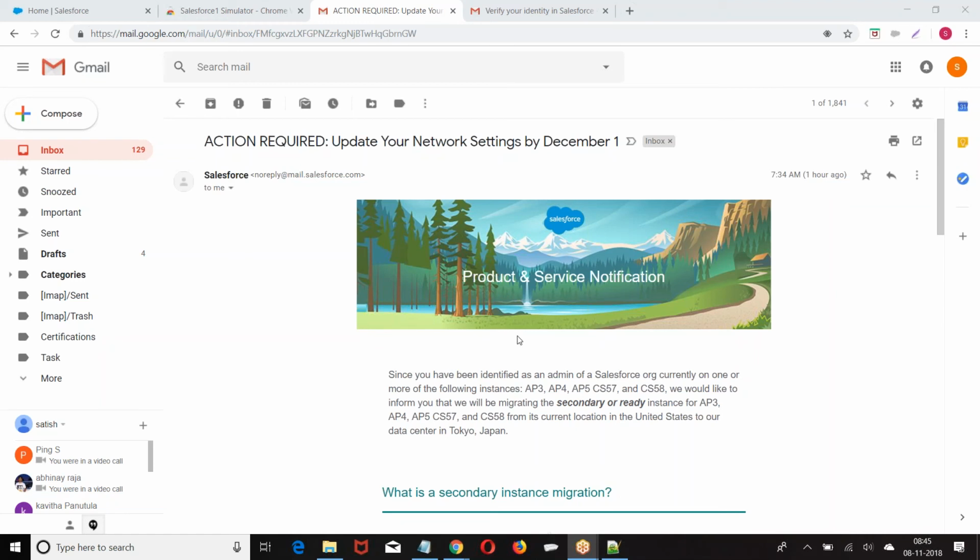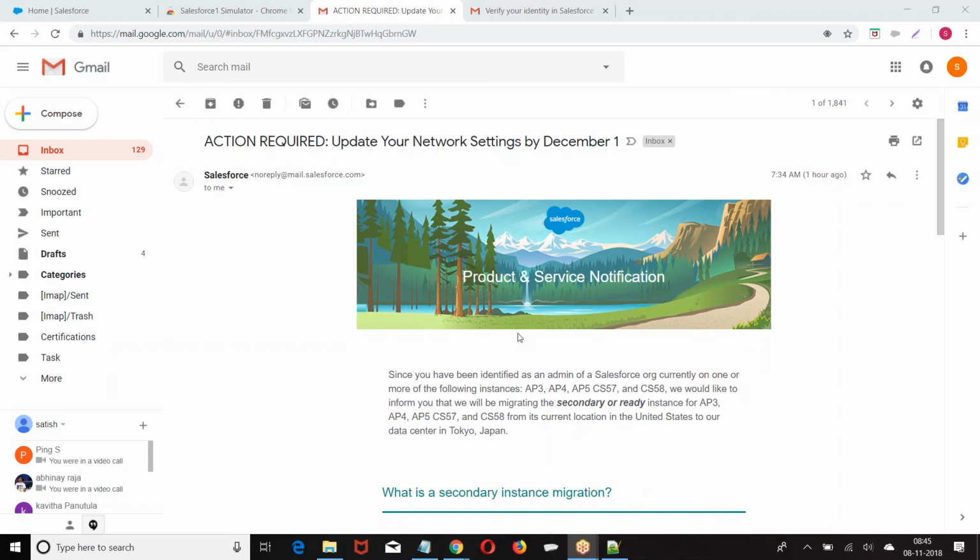Is there any limitation, like a specific number of MB allocated for documents, or can I upload as many as I want? Single document size should be 5 MB. Yes, but is there a limit up to which you can store documents? It depends upon the licenses; you'll get the space. If you still want extra space, you can purchase it. It's not an issue.